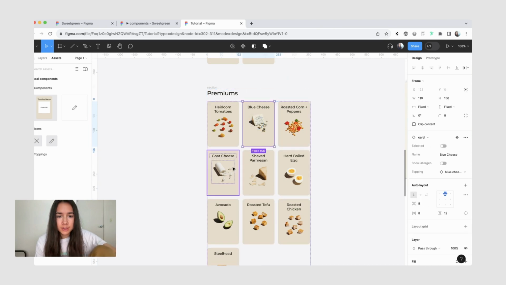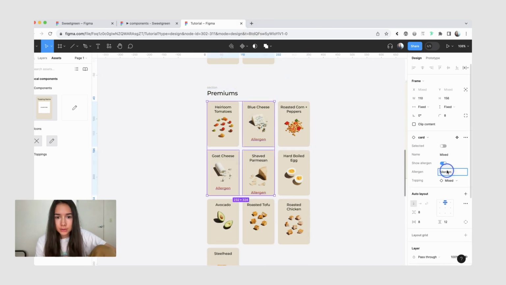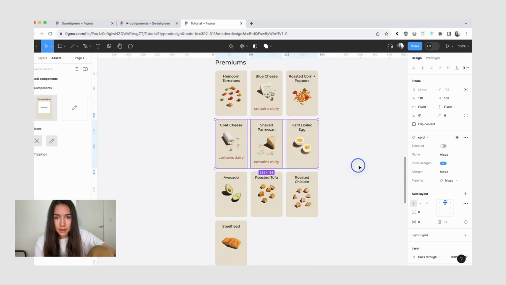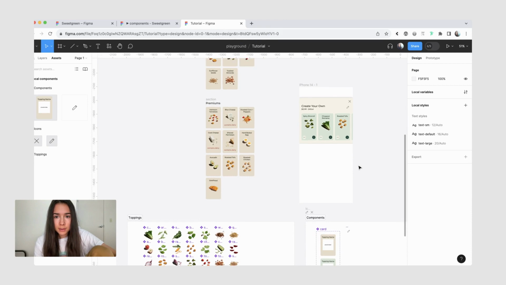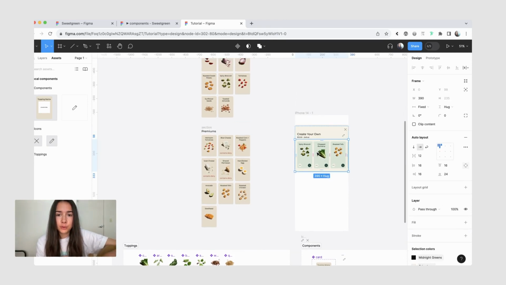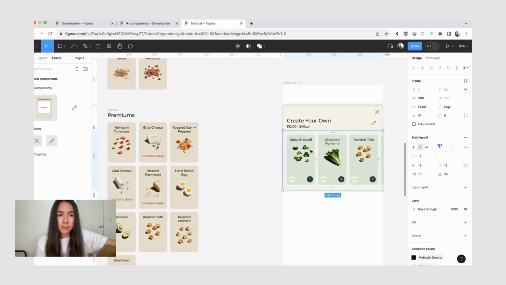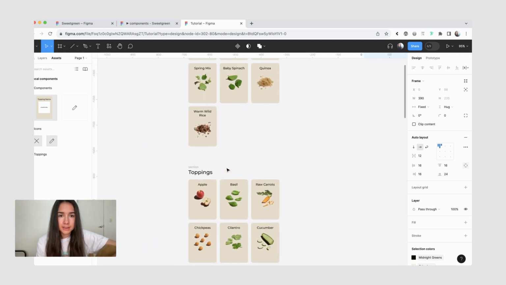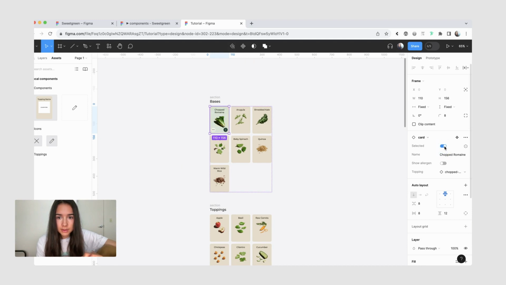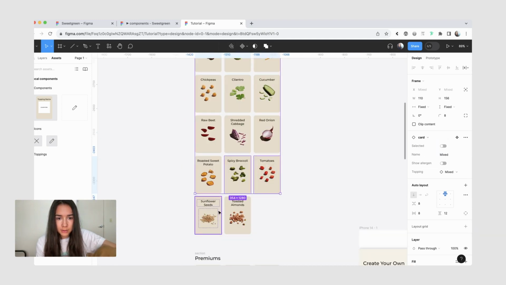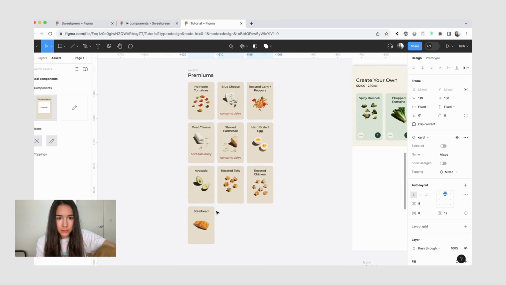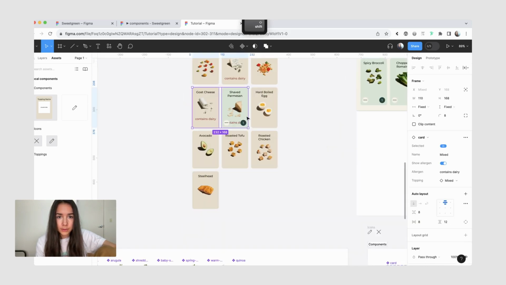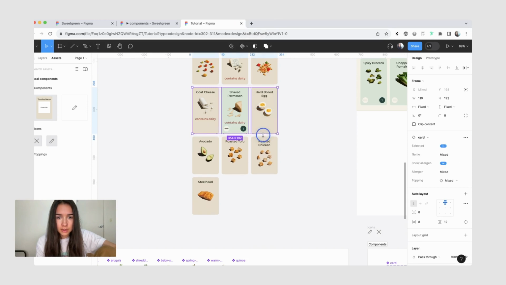And then for some of these premiums, we're going to update it. The show contains theory. For this row here, we can also increase the height slightly. And the last thing I'm going to do is, so it matches for the things that I have selected in the current toppings, I'm also going to mark them as selected inside the entire topping list. So we'll mark this one, broccoli, tomatoes. I honestly don't remember what else I had. For this row, we're also going to make it taller.